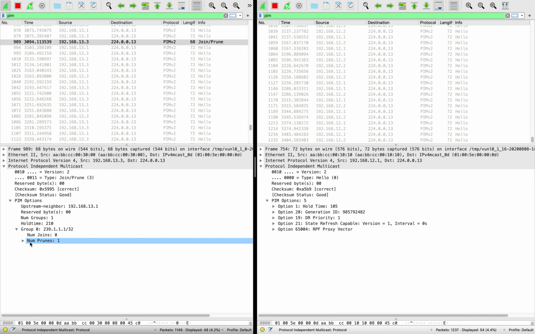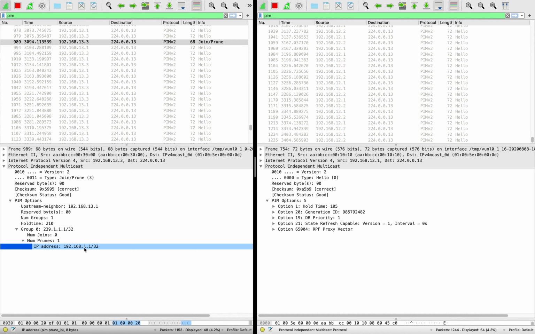Look here, it says number of prunes. Number of prunes is 1, and the group is 192.168.1.1, right? So where has this prune come from? It has come from 192.168.13.3, which is R3. So R3 has sent a prune for this particular group, which is 239.1.1, saying that it really doesn't want the multicast stream for this group,